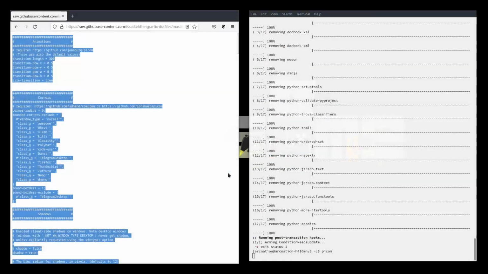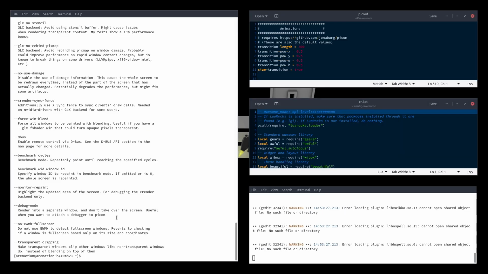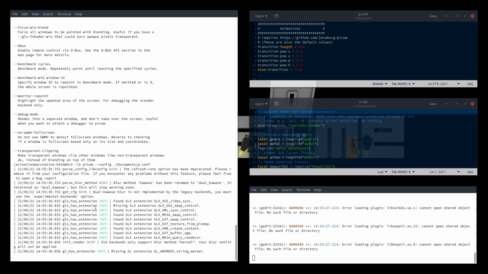Let us search where picom is open. Here is the place it is open. Let us close picom and get back here and use picom config /documents/p.conf. That should be working,